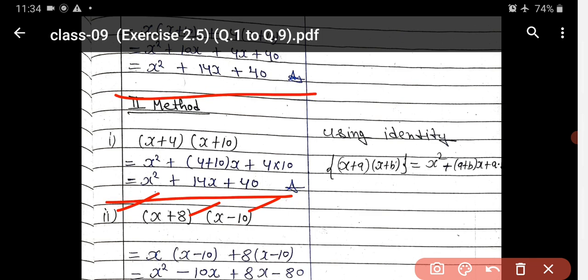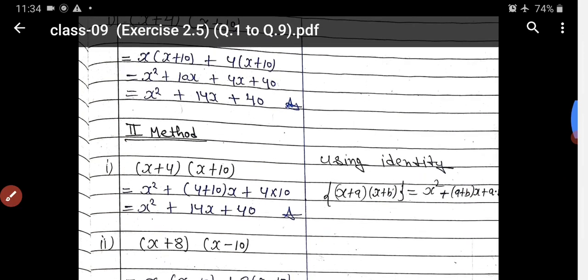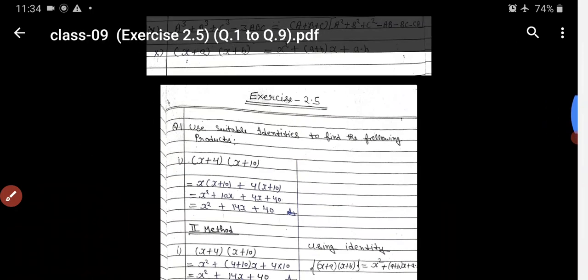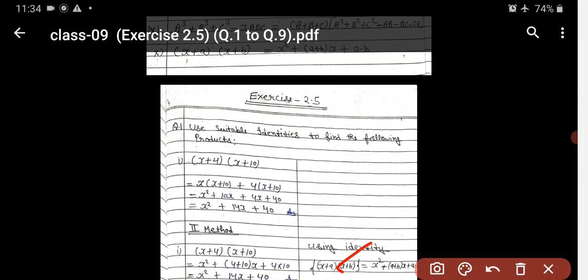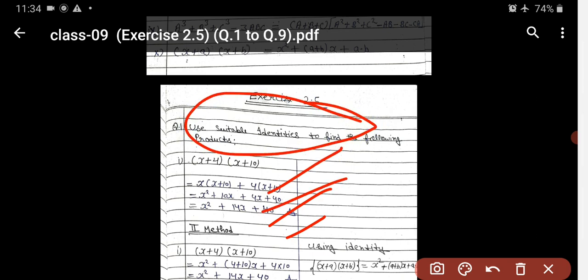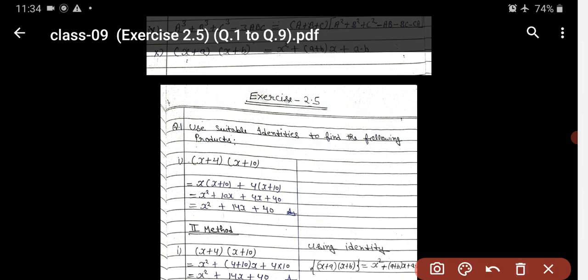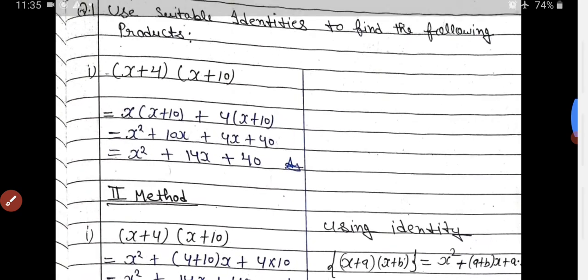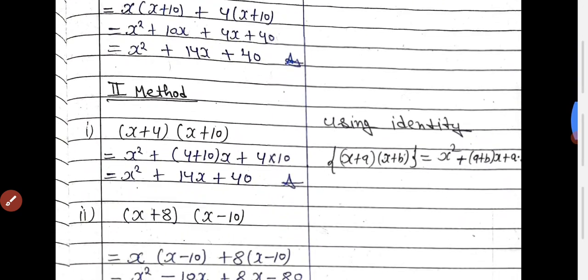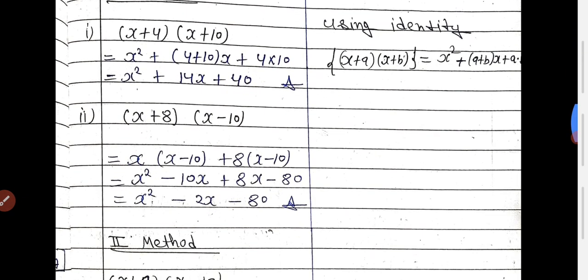In both you get the same answer, but if the question says to use the property, then you have to use this one only. If they say only solve, then you can use the other one. But in the exam, if you forget the property or identities, in that case only you can use that method. You can still get some marks, like 1 or 1.5 out of 2, if you don't know the property. Otherwise prefer the property, because the questions expect you to use the properties.